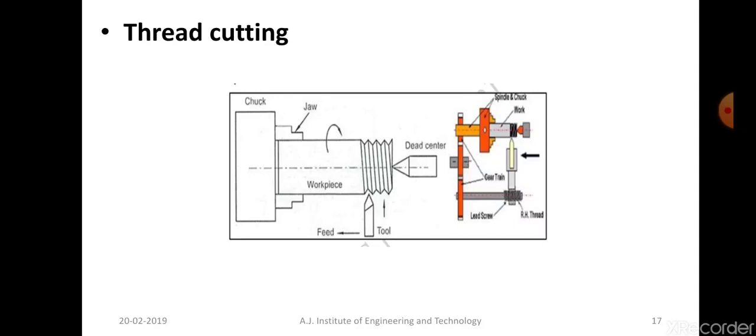So there will be differences in motions, but that cannot happen in thread cutting, because a thread has a standard pitch value, and depending upon the standard pitch value, the speeds have to be set. In this process, the workpiece rotates at a constant speed and the tool also moves in the longitudinal direction, that is along the x-axis, from right to left at a particular speed. So it is not possible to manually control the speed of the tool. It should be automatic.